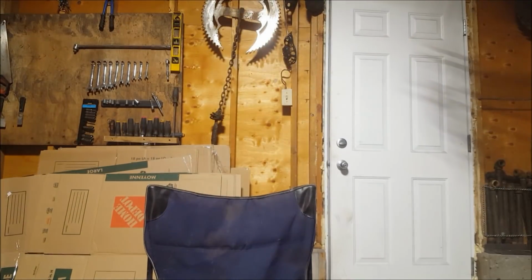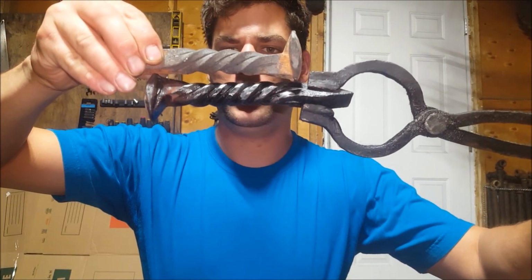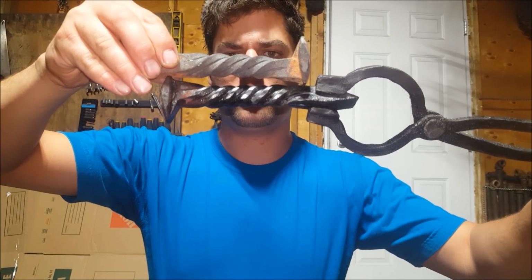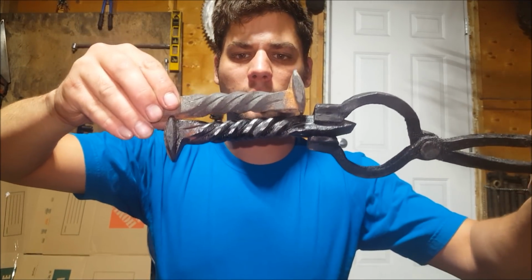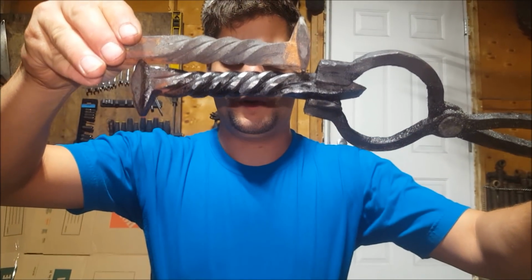And then as for the rope twist, it's pretty much kind of the same as the double twist. Let me show you. Double twist. See, it's kind of the same. Not really. You can definitely see the difference, but they're done the same. After which you just kind of round this off, I guess. But there they are. Now all 4 of these will be turned into bottle openers in the next few weeks,